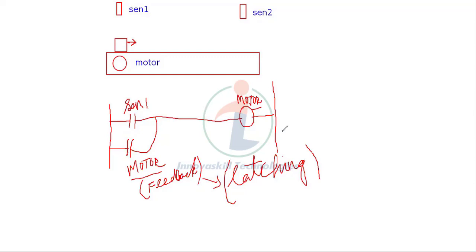Now, in order to make the motor off, we have this sensor 2. Whenever sensor 2 is sensing the object, the motor should be off. So I'm going to use sensor 2 here. Whenever sensor 2 is on, automatically the motor will get deactivated. This concept of deactivating the output is called unlatching.